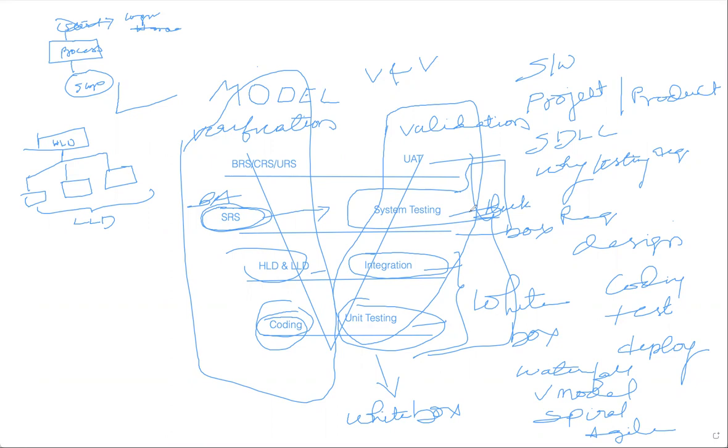The SRS document is the input document for testers. Then user acceptance testing is done by the users. User acceptance testing is done by the customers, or users, based on their documents: the BRS, URS and CRS, which are created by customers. Customers recheck the software to see whether it is working as per the requirements. So the customer will do UAT based on these documents. This is not a technical thing or any planning of testing activities. The customers mention in these documents the functionality and how they want the software to be, and based on this they do UAT.